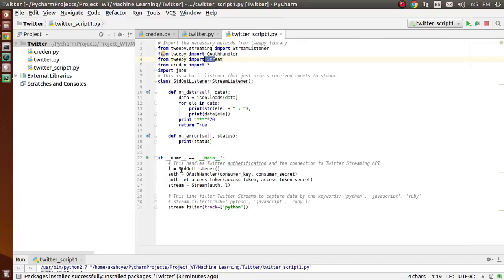In the object that you created of StdOutListener, you have to pass some data here, and then you will access the information that you get from your timeline. So here is the code, and let's have a look at how we can access various information from our code.